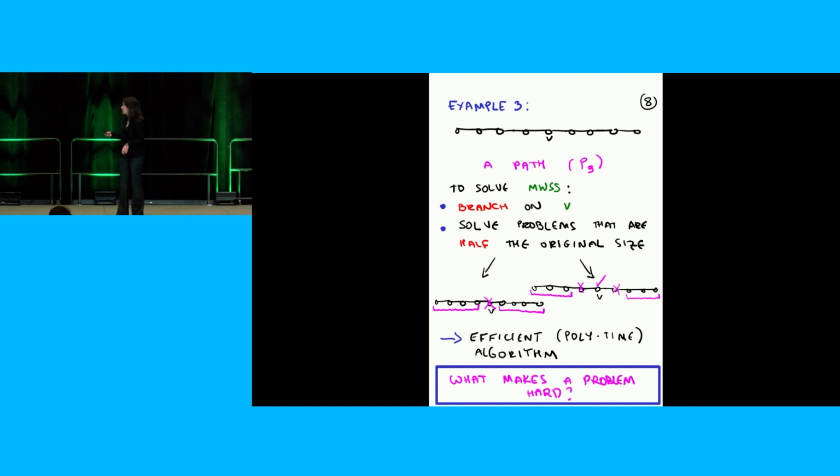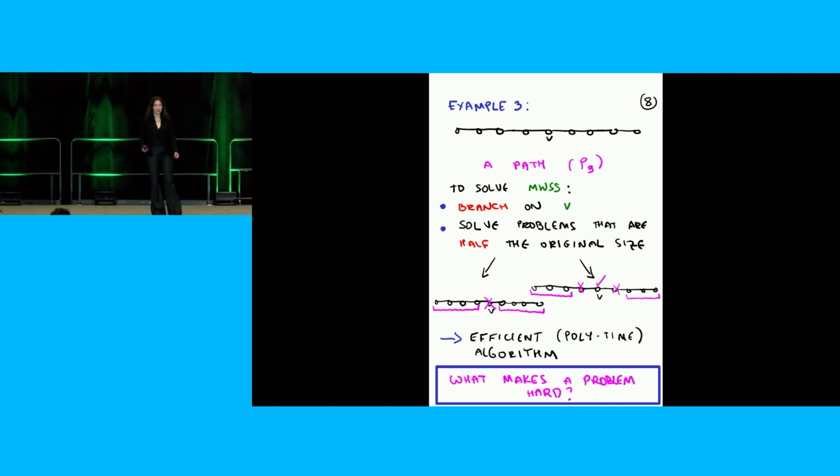Now I'm going to do it again here. So here I'm going to think about stable sets that don't contain V. So then I just delete V. And again, I look at this half, and I look at that half. And I find the heaviest stable set here and the heaviest stable set there, sum them up, write that down. And now I check, is the heaviest stable set that contains V heavier, or is the heaviest stable set that doesn't contain V heavier? And whichever one wins, I take.